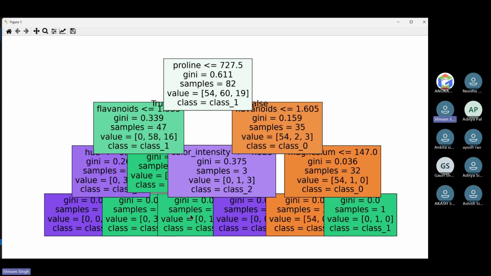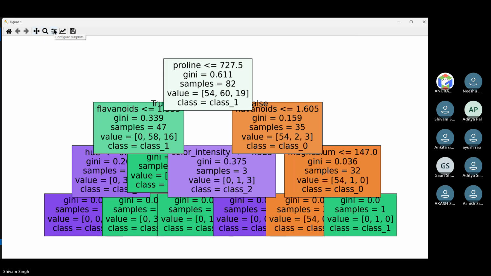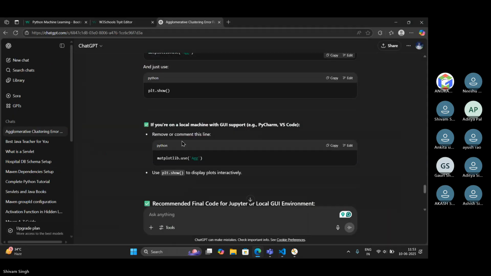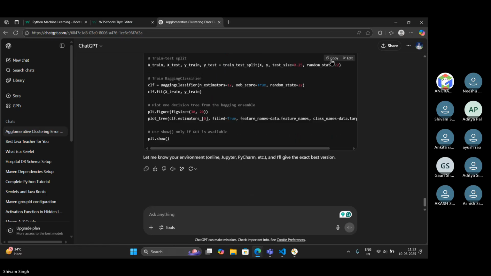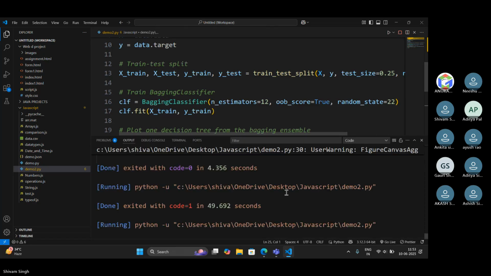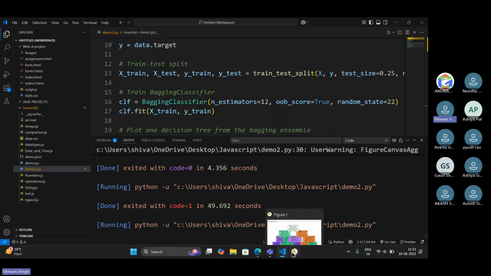It has given some solution. It starts showing the figures.